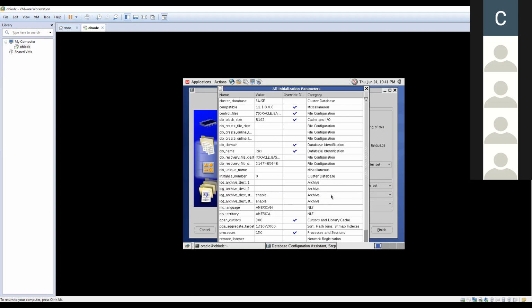So where is it creating the control file, the control underscore files? Generally, what is a database? I'll tell you what a database is. Database means combination of CRD files, meaning control file, data files, redo log files.